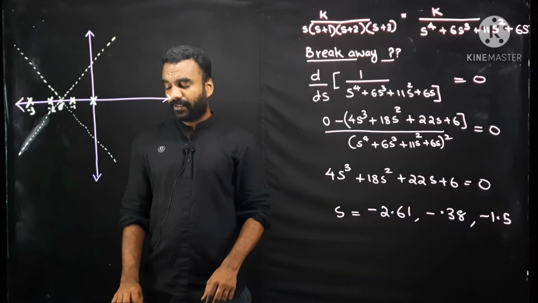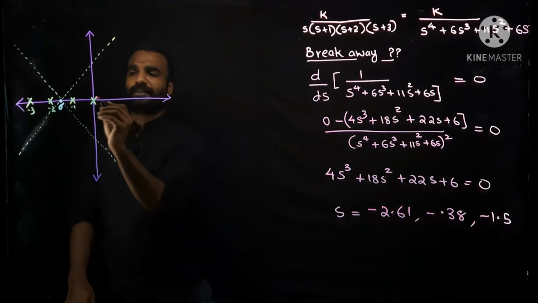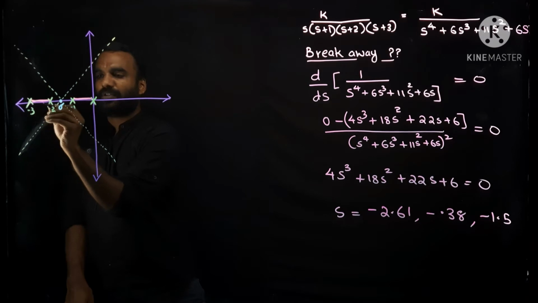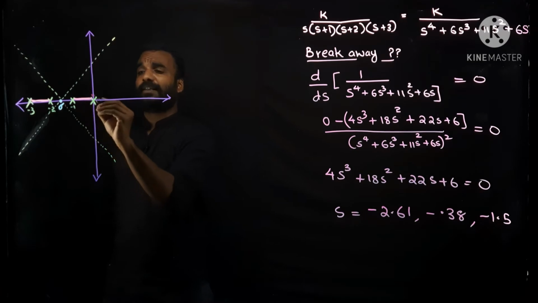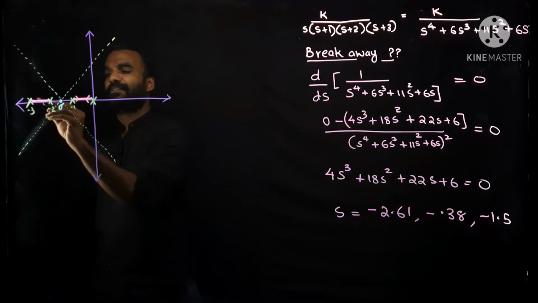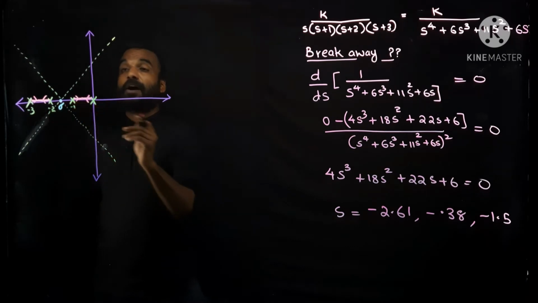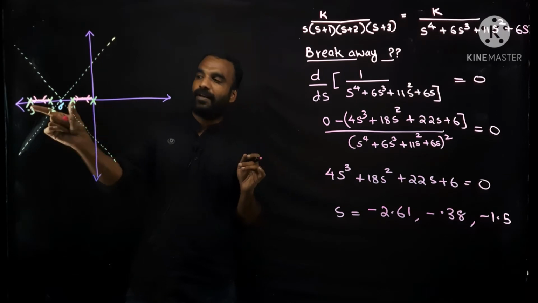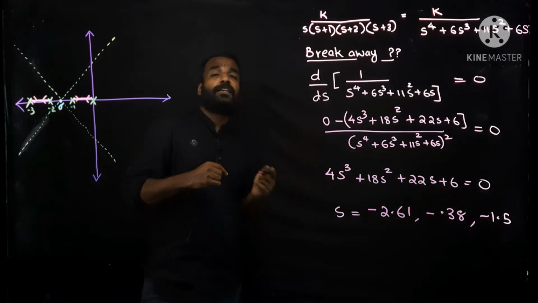and they are meeting at the centroid point, that is -1.5. Then I applied rule number 4, which gives the areas where the root locus diagram is present in the real axis. By that we got this is one area and this is the other area where the root locus diagram is present. And as on both sides it is poles, from here root locus diagram initiates, here also it initiates. So they will meet at some point. As all these are poles, breakaway happens. Meets and goes away. If in between are zeros, then break-in will happen.